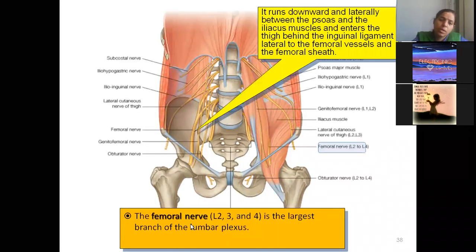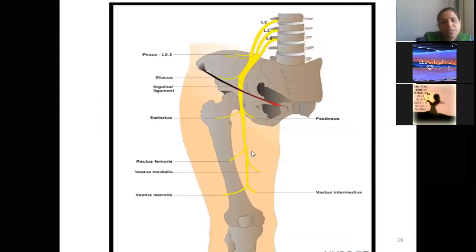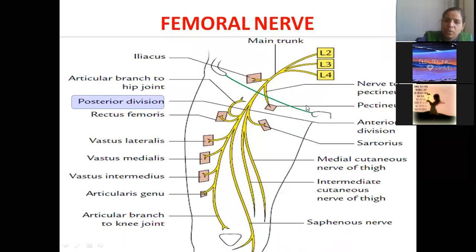Then the femoral nerve. I will take full details of the femoral nerve. Now it is turning downwards. The posterior divisions, all L2, L3, L4, have joined to form this largest nerve from the lumbar plexus, that is the femoral nerve. It is going below the inguinal ligament. We know this, isn't it? I'll take the details, don't worry. See, how is it formed? L2, L3 and L4. Which divisions do we have? All posterior divisions have joined to form the femoral nerve. This picture has been taken from Vishram's. Very easy, beta.